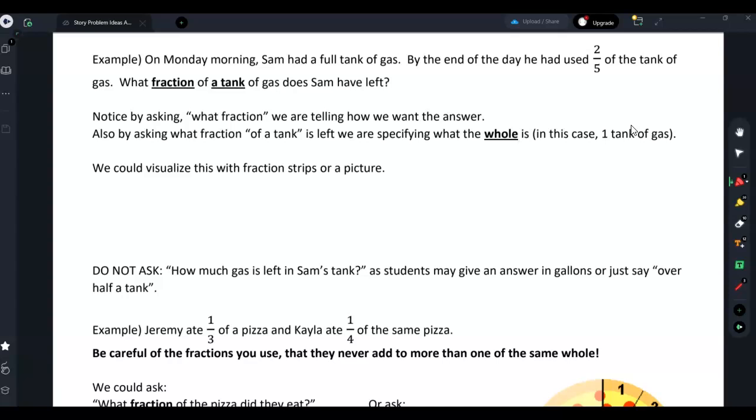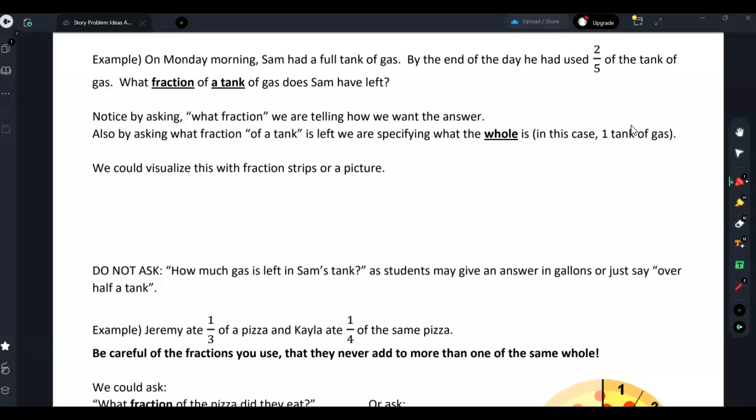So we didn't say how much gas would Sam have left, and you'd want to be careful that you don't say it that way, because if we just asked how much gas is left in Sam's tank, you're going to get all kinds of answers. Students are going to answer in gallons, or they might just say over half a tank. So you're going to get a lot of variance in your answers. So we're asking what fraction, and then also